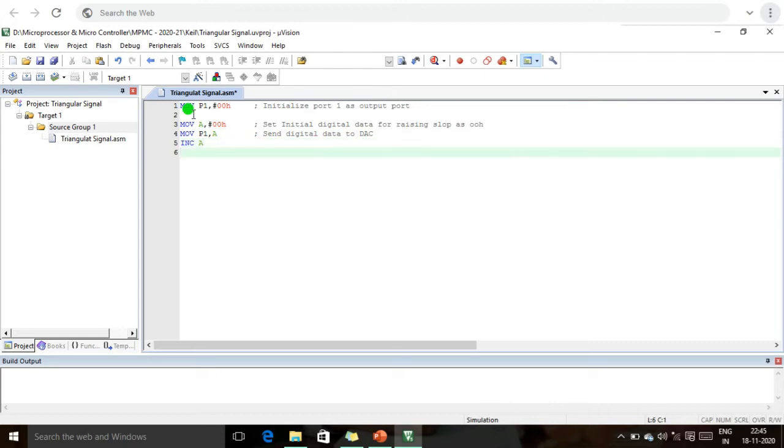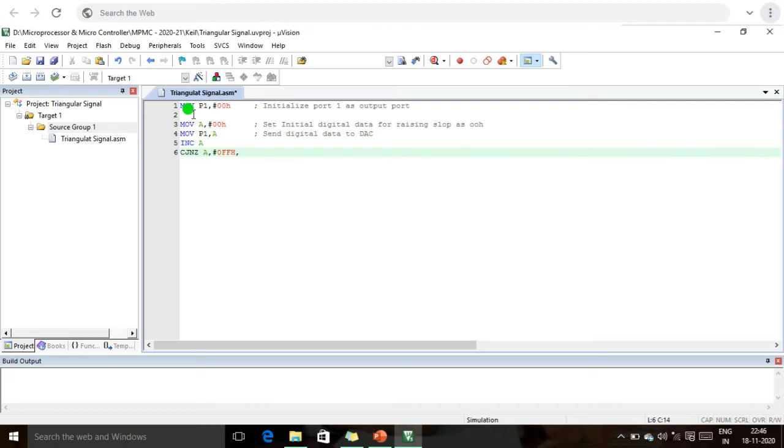Then we are going to compare using CJNE: compare A value until FFH. If you are reaching this FFH, then go to the next step.